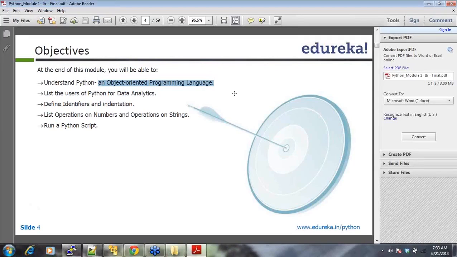List the users of Python and data analytics. I mean, who are the users of Python and data analytics as well? We'll be able to understand that. Define identifiers and indentation. We'll also understand identifiers and indentation in the sense that in most of the programming languages that you guys come from, be it C, C++, Java, or for that matter Oracle PL/SQL as well,